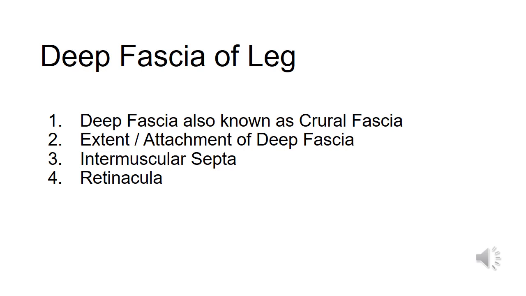It is also known as crural fascia. It is continuous above with the fascia lata, which you already know is the deep fascia of the thigh, and is attached around the knee to the patella, patellar ligament, tuberosities, and condyles of the tibia. It is also attached to the head of fibula. Posteriorly, it forms the popliteal fascia covering the popliteal fossa.